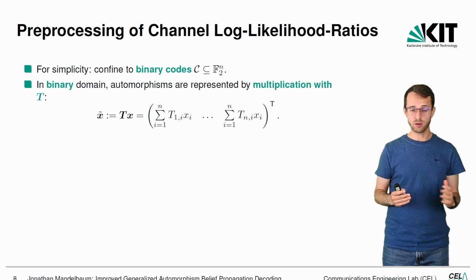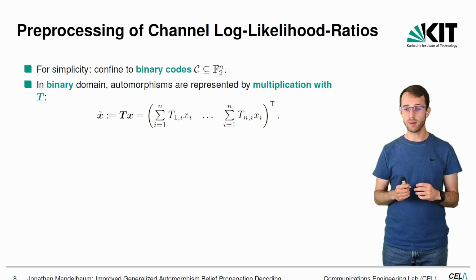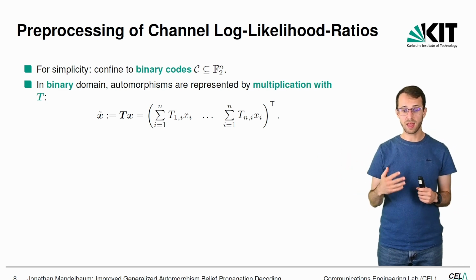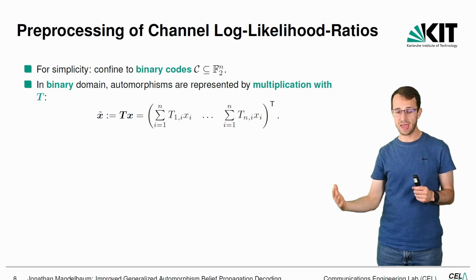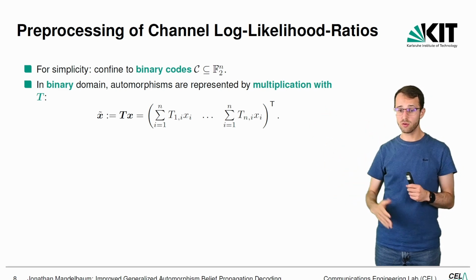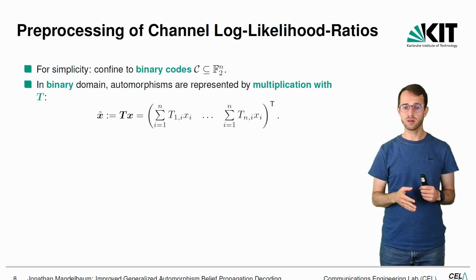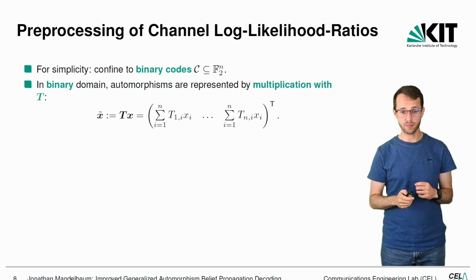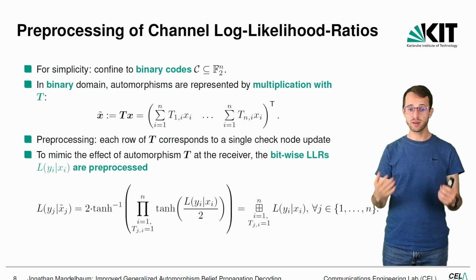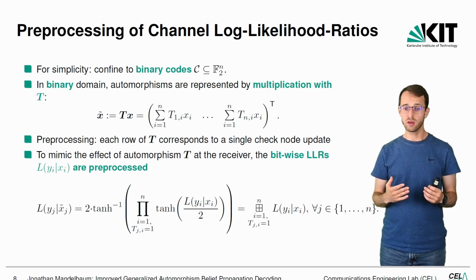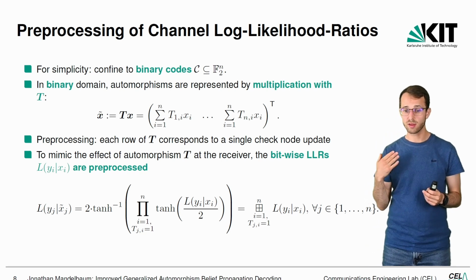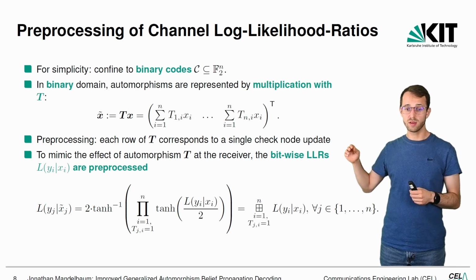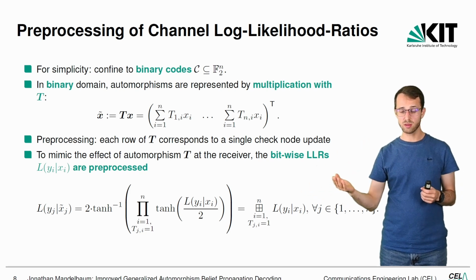It is known that in the binary domain, the automorphisms are represented by a multiplication with T. So we obtain the code word x tilde after applying our automorphism T to our code word x as follows. So each entry of x tilde is a binary summation of the code bits of x according to a row of our transformation matrix T. Therefore, we can now see that the preprocessing can be performed using the box plus operation we know from the check node update in the belief propagation decoding, because in such a check node we also have a binary summation,